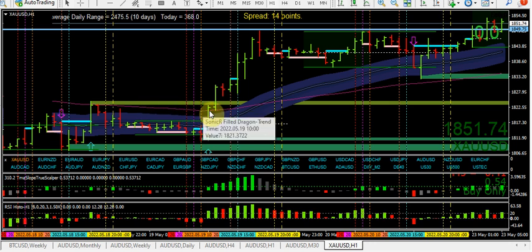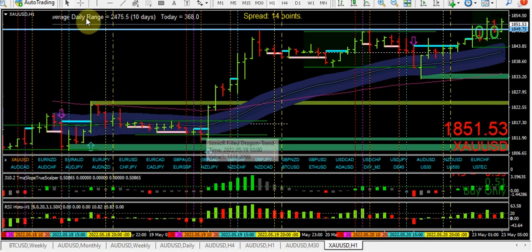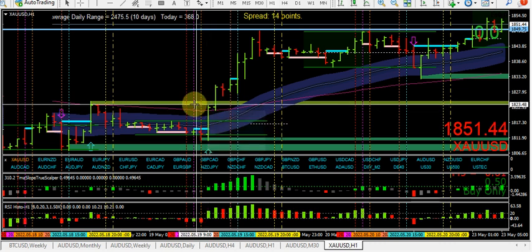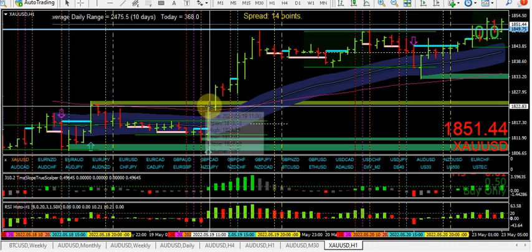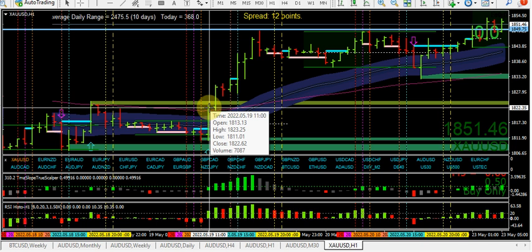Simple thing like this: we've broken through the 89 EMA, we've closed into supply. That's a 3CR there, and that tiny little tail there. So this is what we would call virtually a wickless candle. At this point here, all we've got is a flat topped candle. Then it's pulled back to the close area there, and then it's potentially pulled back again to test the 89 EMA, that pink thing. And if we look at the distance between the two,